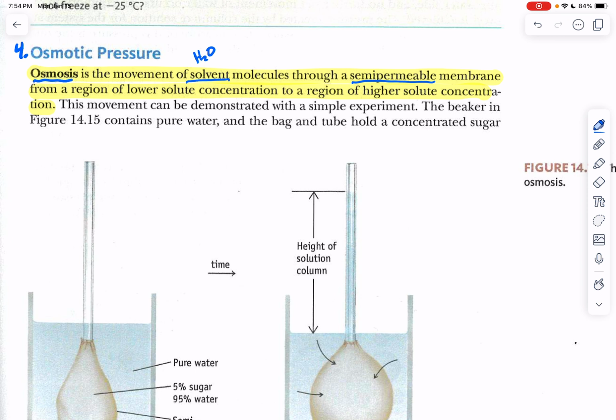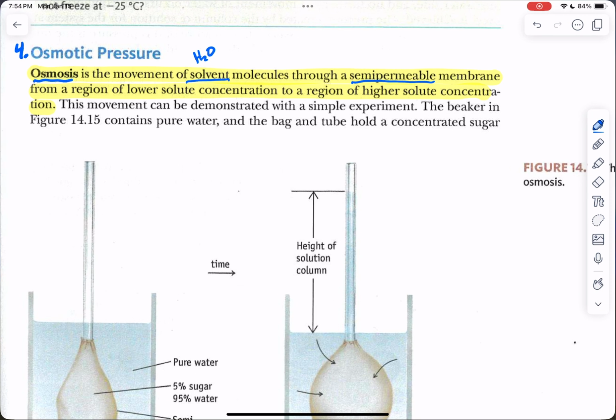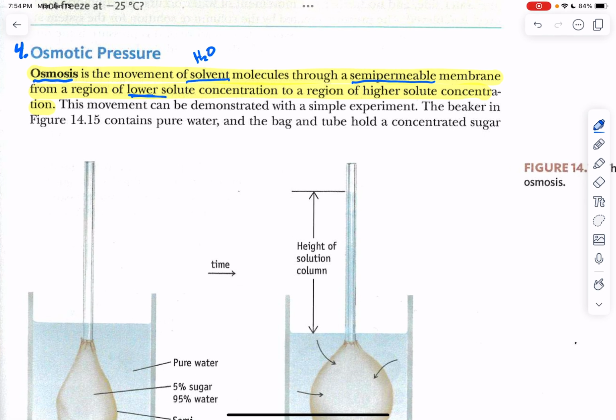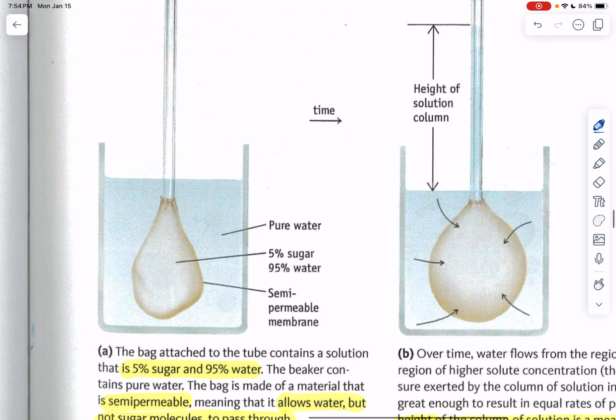And so what naturally happens is things move from a region of low concentration. The movement of solvent molecules through a semi-permeable membrane from a region of lower solute concentration to a region of higher solute concentration. This is the solvent that is doing the movement, not the solute. So if we look at these two pictures right here,